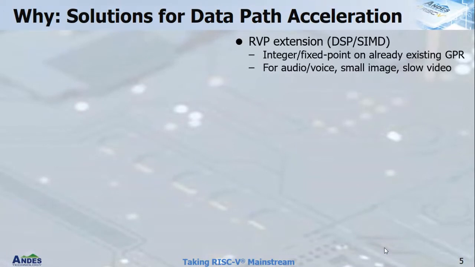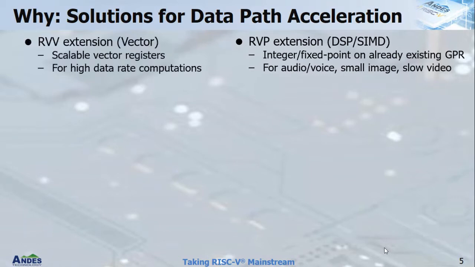Another solution for RISC-V is the custom instructions, or data path acceleration, as we call it in general. So RISC-V has several solutions. The first one is the RISC-V P extension. That is a DSP packed SIMD extension. It is using existing GPRs, so it's very easy to program, and it's for audio, voice, small image, or slow video. The next one is the RVV, the vector extension for RISC-V, and here you're looking into high data rate